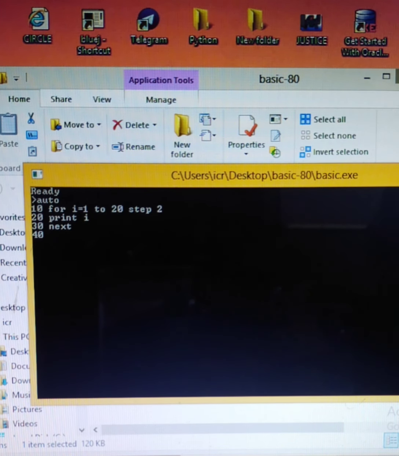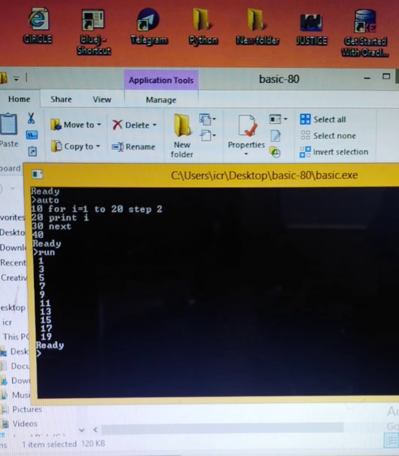Next will move back to line number 10, where step 2 is going to add 2 to the previous value of I, which was 1. So 1 plus 2 will become how much? 3. So print I is going to print 3. Again it will go back to line number 10 because of line number 30, which is containing next. So I, which was 3, 3 plus 2 will become 5, and so on. So Control C, I'll break it and we'll run it, and we are getting the first 20 odd numbers.